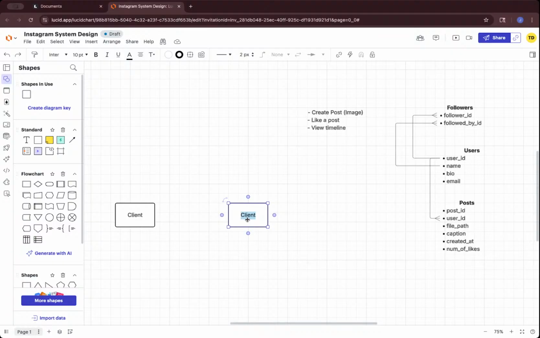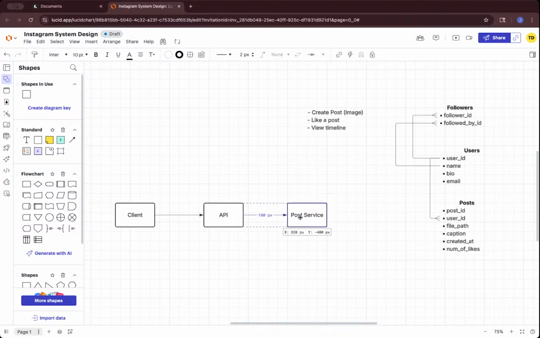A large system like Instagram would have multiple different services. So an API gateway would be where the request would come. It will make a request over here, and this will route to a post service that handles posting